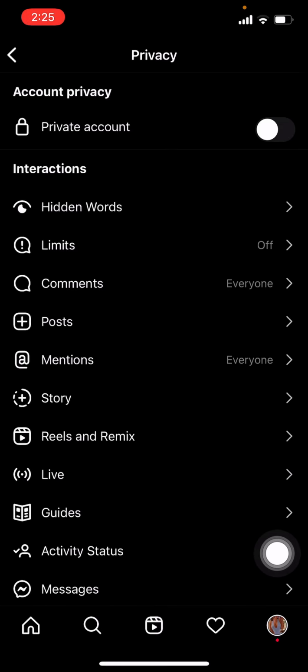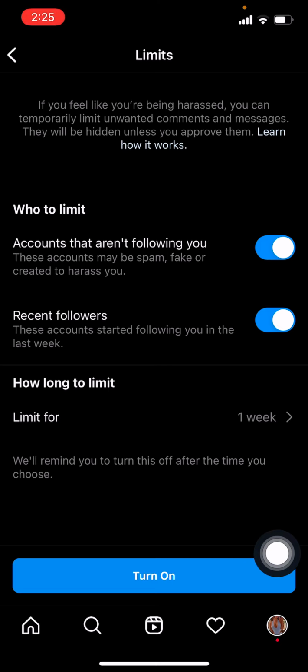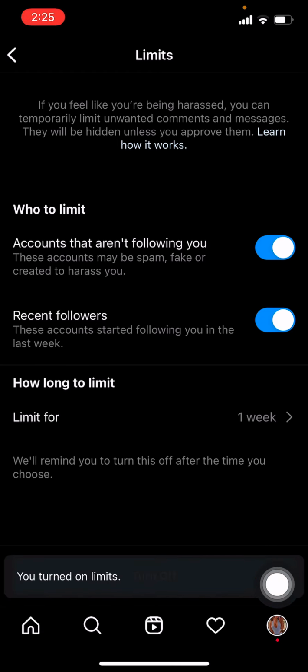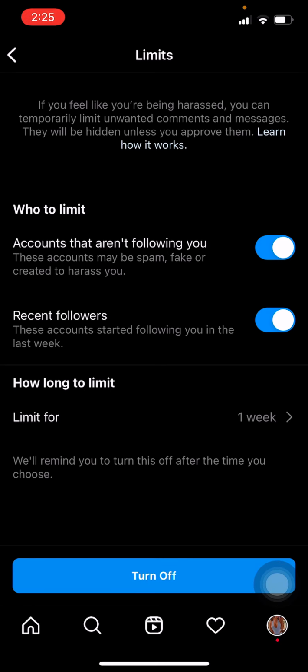It is turned off. So if you want to limit accounts that aren't following you and recent followers, you just have to come here and turn it on to limit them, and it is turned on. So again, if you don't want to limit unwanted comments and messages, you just click here again and turn it off,